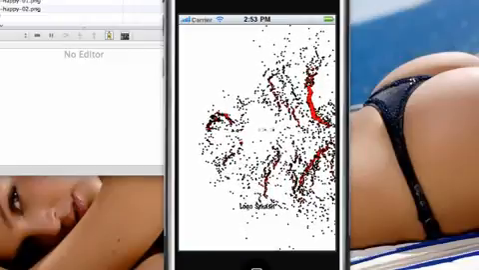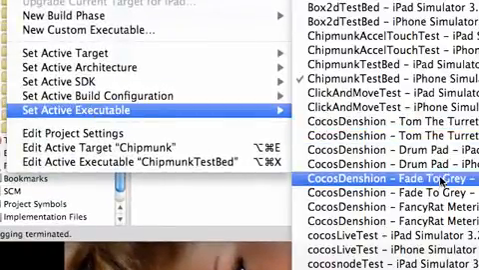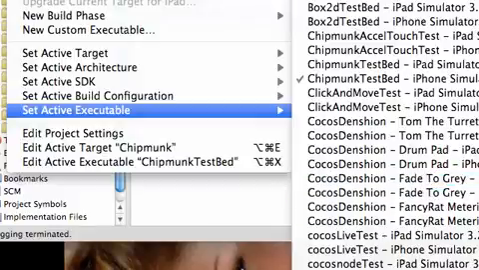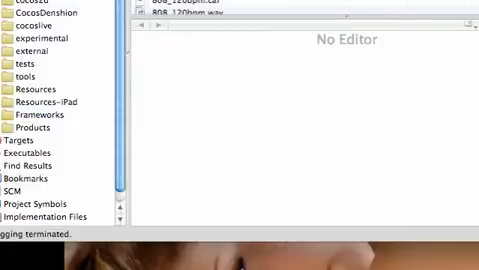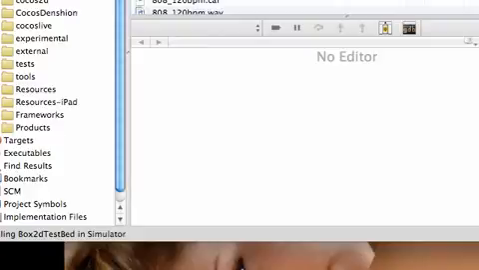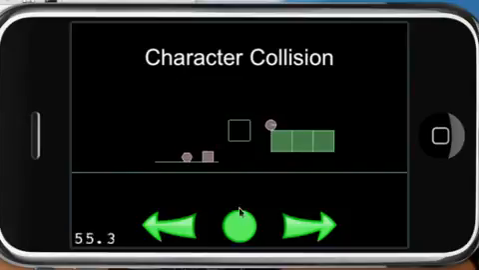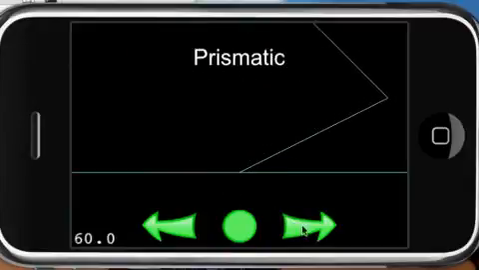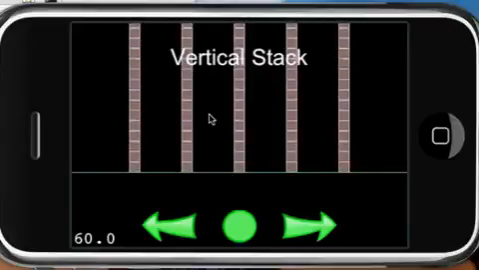Alright, now let's go ahead and click one more. Project, Set Active Executable. I don't know, let's go with the Cocos2D testbed. Let's see what this one does. Again, all this is doing is pretty much showing you what Cocos2D is capable of. Character collision right there. And you can press over this and see some different examples. And these are programs that you're going to be able to build with Cocos2D. But anyways, that's